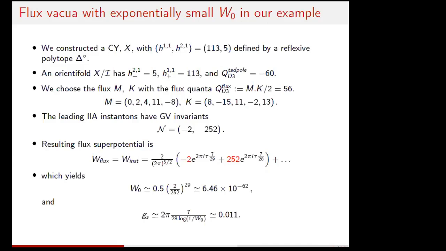One result that you can see by explicitly stabilizing Kähler moduli and complex structure moduli at the same time is that you get W naught, you ignore all the Kähler moduli stabilization, and you get the value of W naught and the value of g_s. And then what you do at the same time is stabilize Kähler moduli, the axiodilaton and complex structure